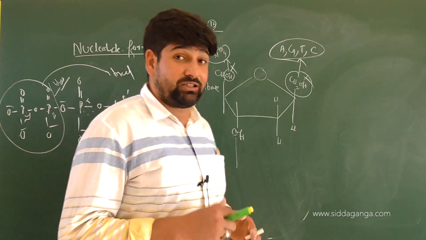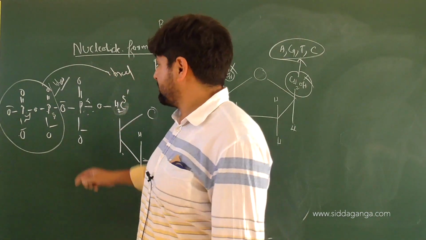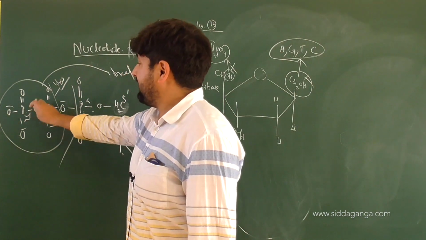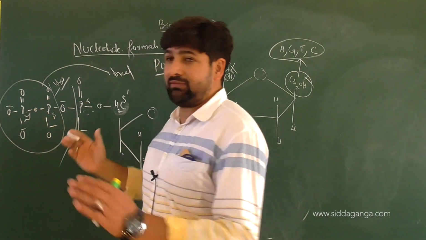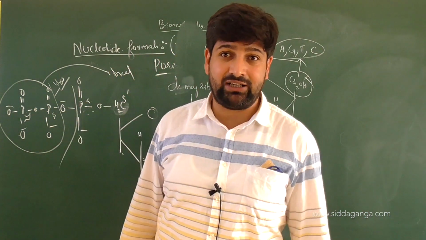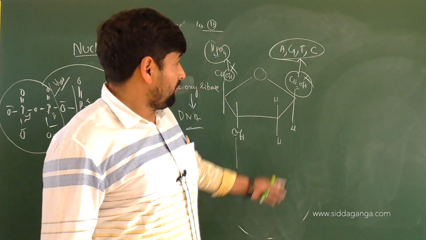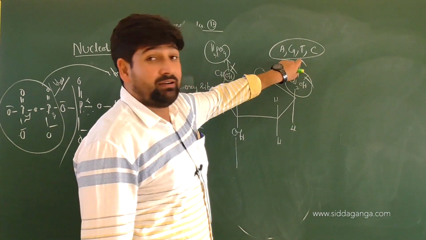And in DNA, as I mentioned, it will be in terms of triphosphate. So the triphosphate anhydride bonds are broken off. I have already told you. Once they are broken off, we get PPi, which can be broken off, and the energy obtained from the bond breaking will be utilized for the formation of the phosphodiester linkage in DNA. And that's what happens in DNA. So it is adenosine monophosphate, guanosine, thymidine or cytidine triphosphate that is incorporated in the bonds.